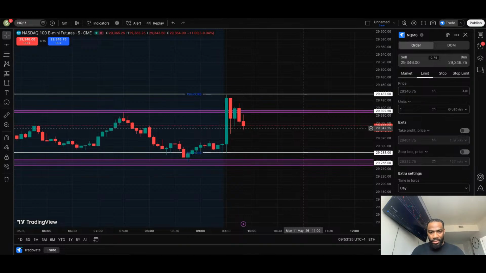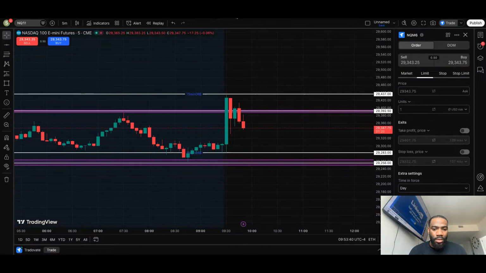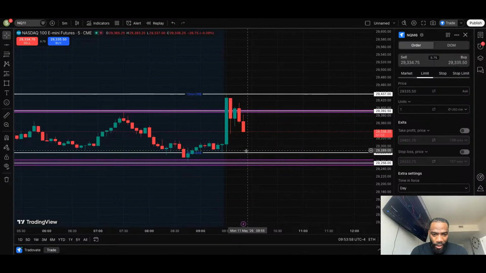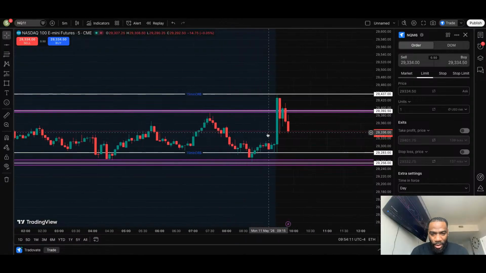All we're doing right now is waiting for price to either... well, this is what I want right now. I want price to come down here, either at this 15-minute range. This will be a good entry for a buy to come back this way. Or even down here is even better, right? That's pretty much what I'm waiting for.